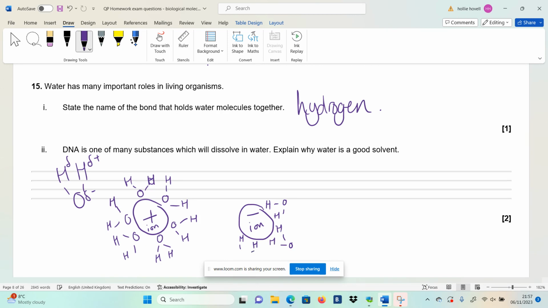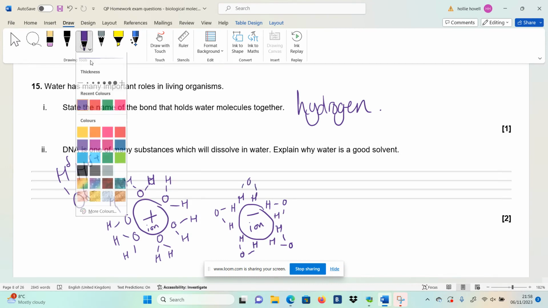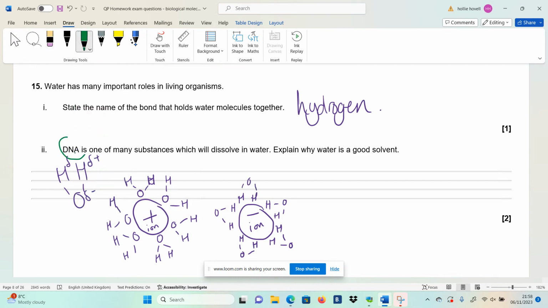Okay, so that's what we've learned, and now it's a case of looking at this question and applying what we know to a new context. So they've asked us to explain that DNA is one of many substances that dissolves in water. Explain why water is a good solvent. So it's going to use the same theory that we've learnt in our other examples. So first of all, we need to say that the water molecules are,